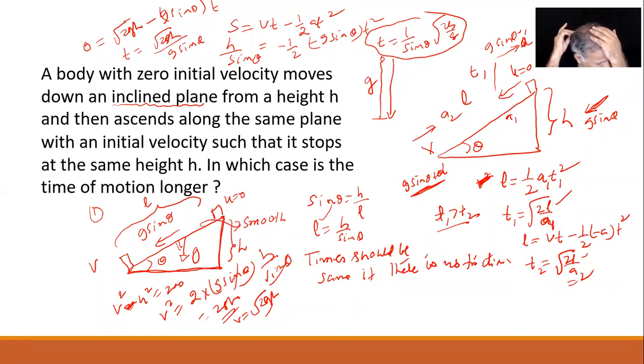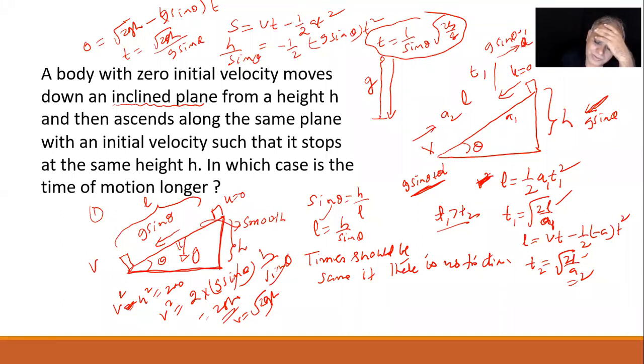Friction is up. Friction is opposing g sin theta. Any time, friction will be opposite to the relative motion, children. The inclined plane is at rest. So while coming down, the motion of the block is down, so friction will act upwards to oppose the motion. While going up also,